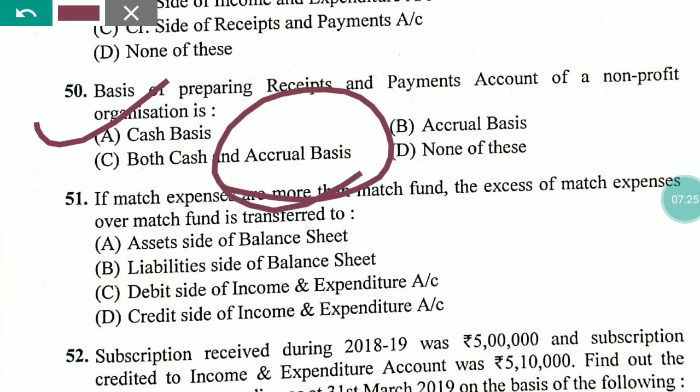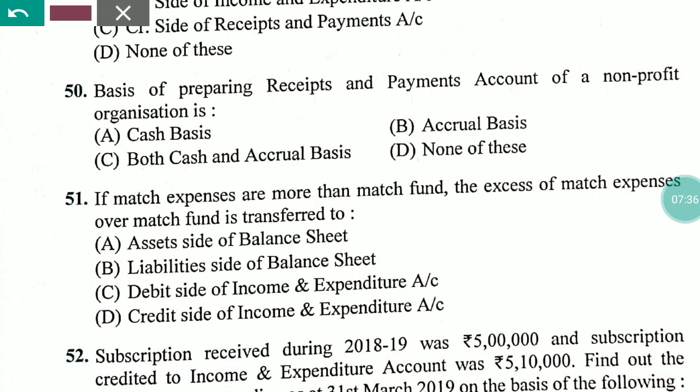Accrual basis means कुछ पैसा बाकी है या कुछ लेना बाकी है, कुछ देना बाकी है, ये सब कभी रिकॉर्ड नहीं करता है. वही रिकॉर्ड करता है जो पैसा आ रहा है या पैसा जा रहा है, बस उसको ही रिकॉर्ड करेगा रिसीट एंड पेमेंट अकाउंट और कुछ नहीं रिकॉर्ड करेगा.